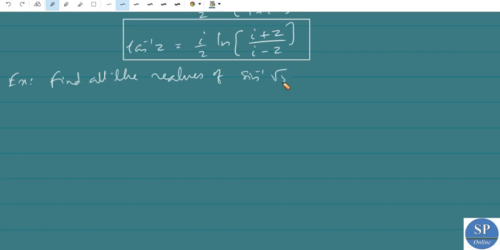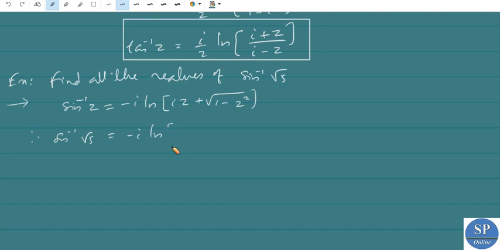Sine inverse of root 5. Here, to find the value of sine inverse of root 5, we can use the definition of sine inverse of z. We have sine inverse of z equal to minus i ln of iz plus square root of 1 minus z square. Okay, so therefore sine inverse of root 5 is nothing but minus i ln of i root 5